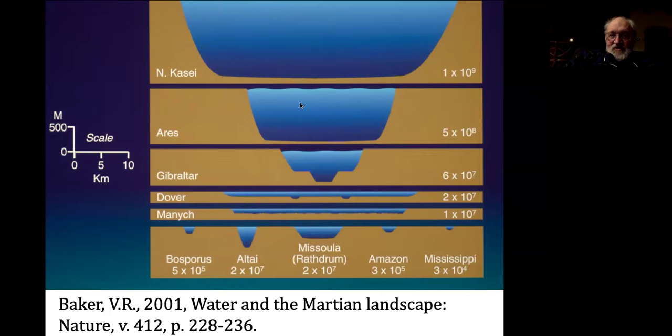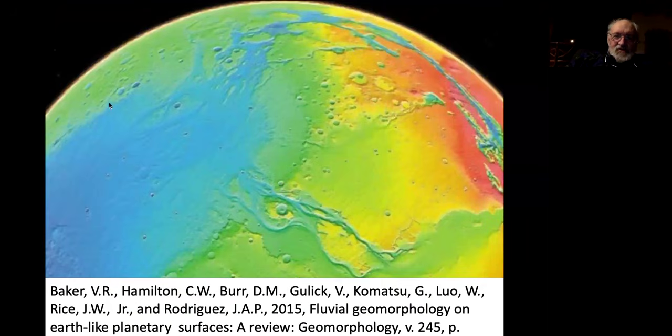Now, what are these things? These are the biggest known mega flood channels we know of in the universe. They would have to be the subject of another entire talk because they occur on the planet Mars. This is a topographic view of a portion of the northern part of Mars with high topography shown in red and low areas shown in blue. And this pattern, which is not unlike the dividing and recombining channels of the Channeled Scabland, this pattern over here,